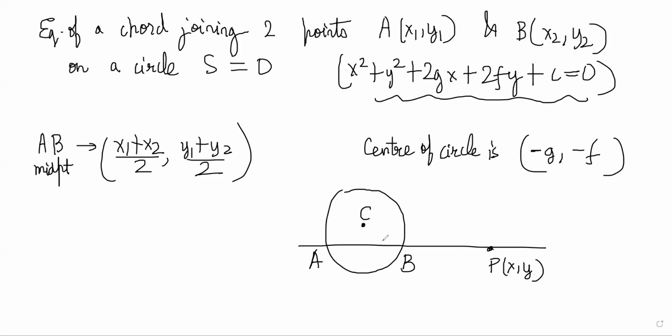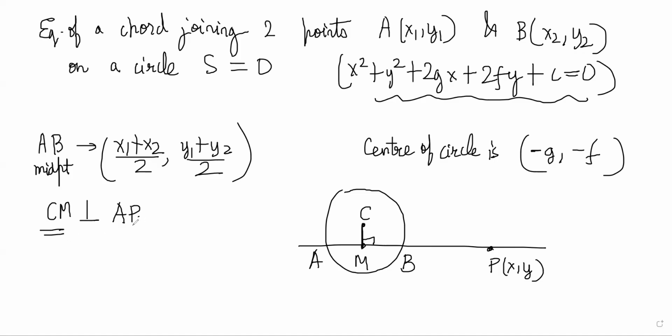So what we can say is the midpoint is M. We know that the CM line is perpendicular to AB, right? So we know CM will be perpendicular to AP, where P is any random point on the chord, right? What is the CM slope? The slope of CM,